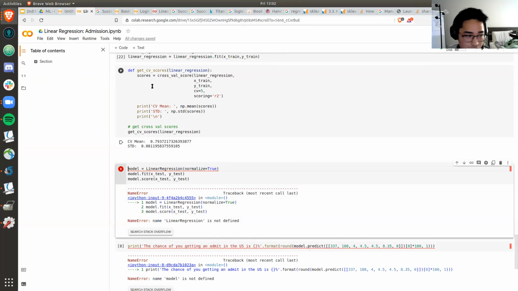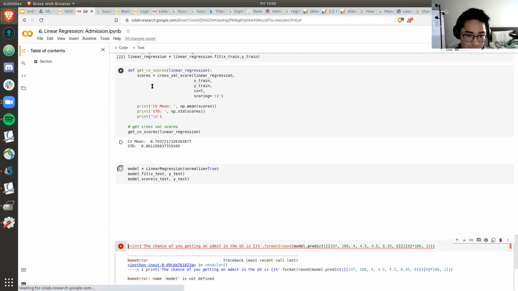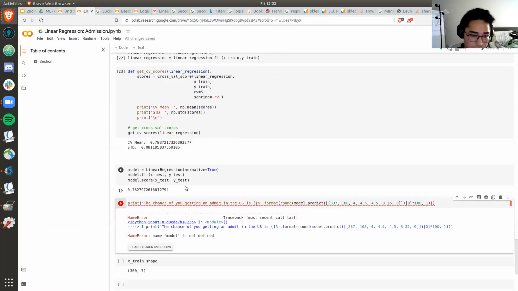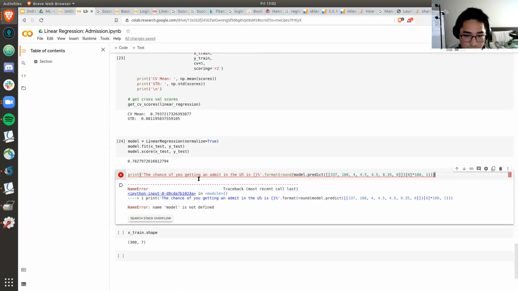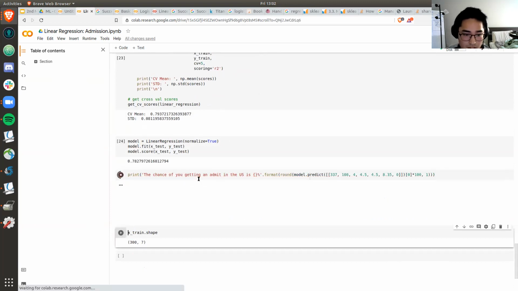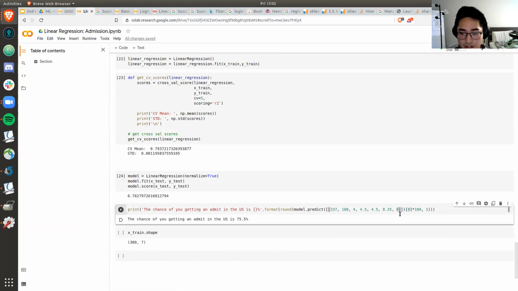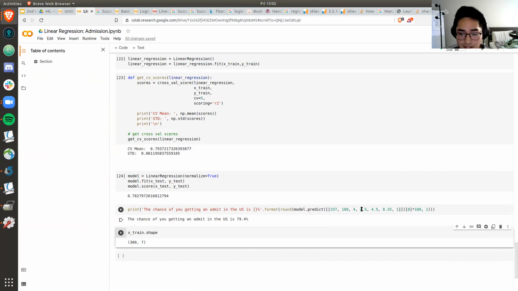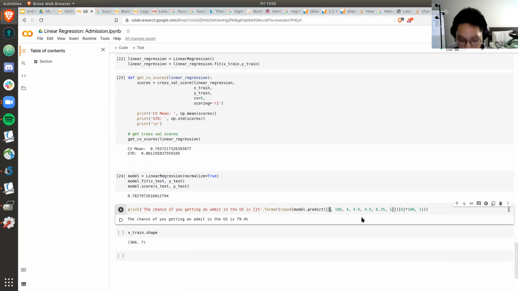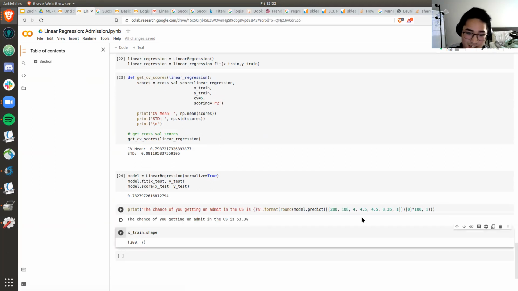You see our CV value change, but that's okay. Usually our data points are randomized when we do the cross validation score, so it can do better in some cases or worse in some cases. But over here we tested our model and got 78%. And now when we test our model with different values, we get 75.5%. Now let's say I do have a 337 GRE score and I also have research experience. I have a 79.4% chance of getting in. Now let's say my GRE score is 200. I have a chance of 53.3% of getting into this university.